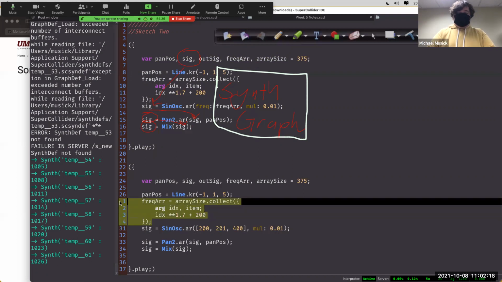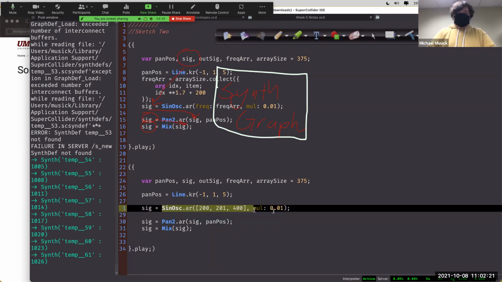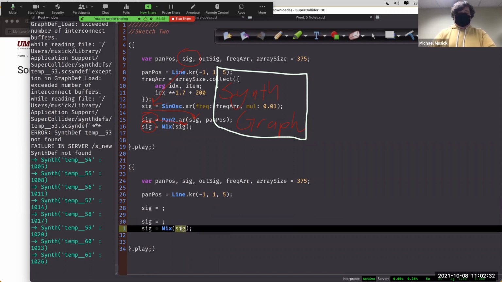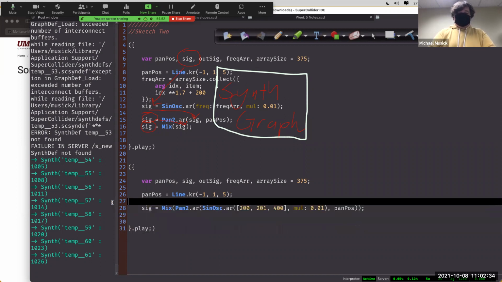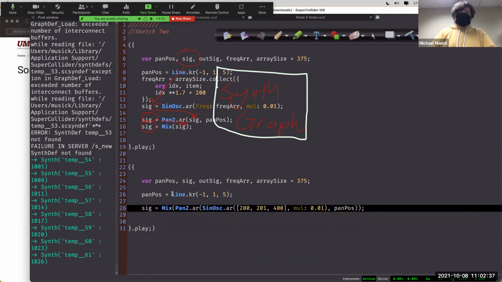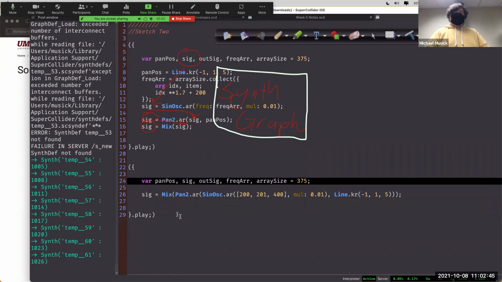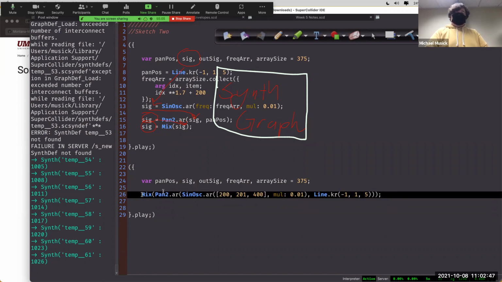And we can do away with that. It then takes this sine oscillator and plugs it in place of where sig is. It then takes this output and signal and plugs it in place of sig. And then we've got one more variable, pan position, and it takes this pan position and plugs it in place. So it just goes through the program like that and creates essentially a synth graph from inside out, or top down, of signal flow. So the variable names, we could have also